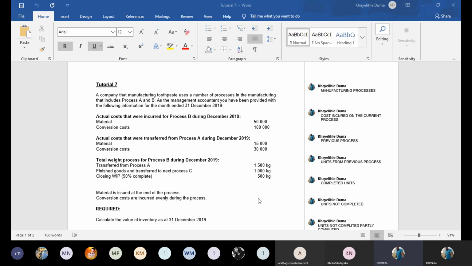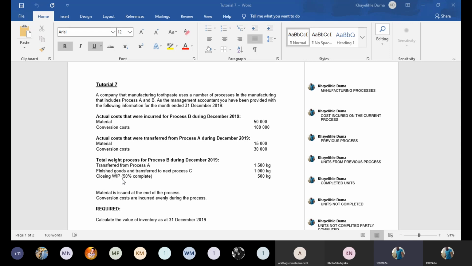So do not be confused when they say there is process C. Process C might be even packaging, but it's not part of manufacturing. So it's something else, maybe packaging, or if we produce things, then when we finish them, they are dirty, then we have to wash them. Maybe it can be that. So do not even focus on process C. It's just something else, and then closing work in progress.